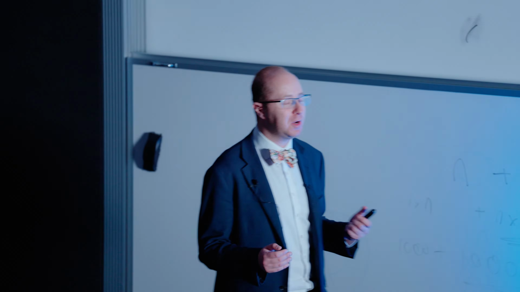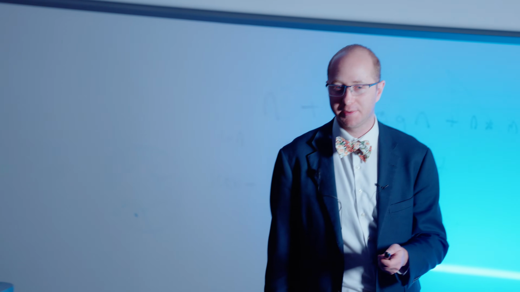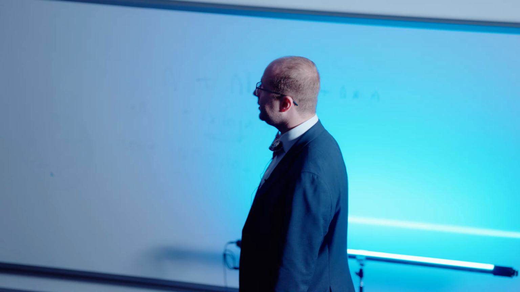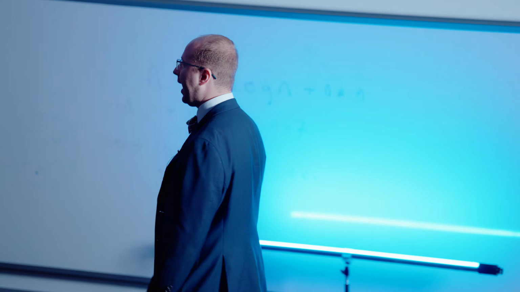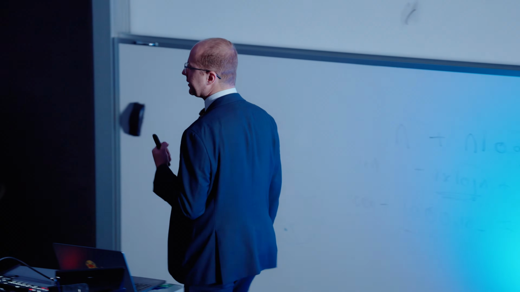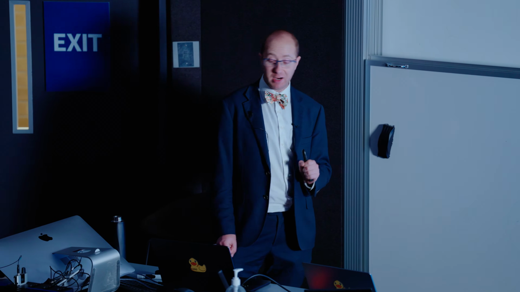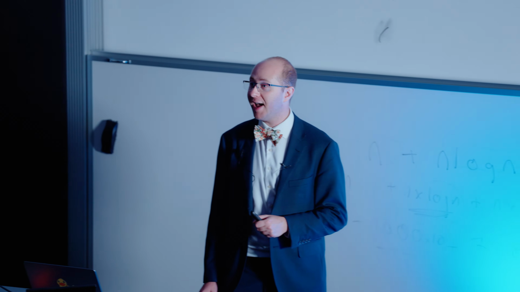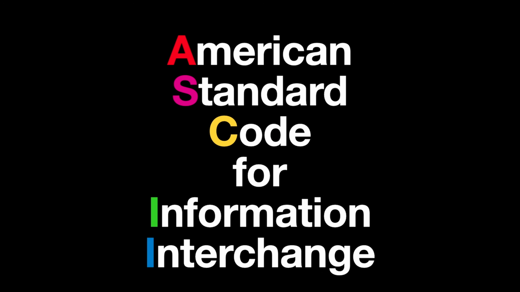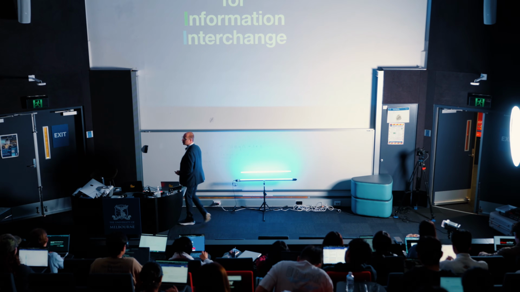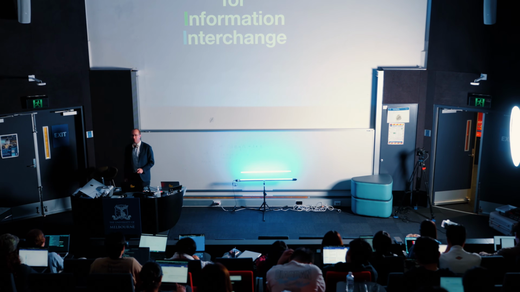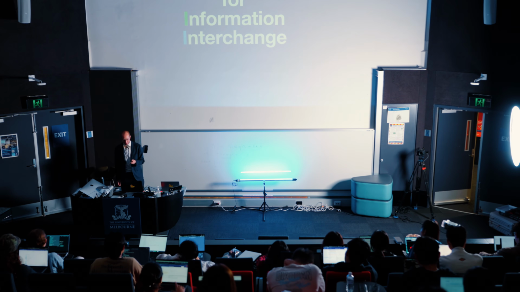And so let's talk a bit about the types that C supports. So the first thing that we should think about is how to represent a single character, a single letter in C. And to do this, we're going to use a system called the American Standard Code for Information Interchange, or ASCII, if you read the letters off. And if any of you have seen ASCII art, this is what it's actually standing for: a series of roughly 127 characters that can be represented in a very small number.